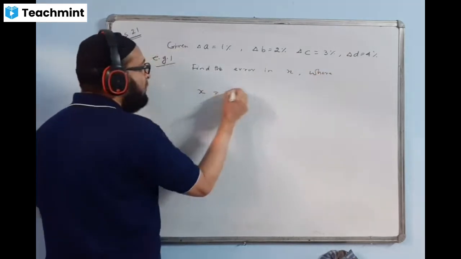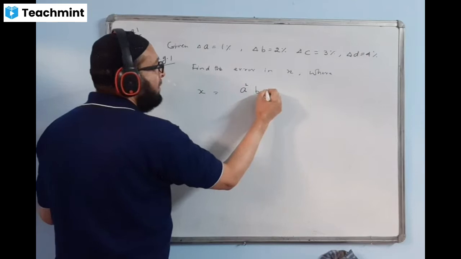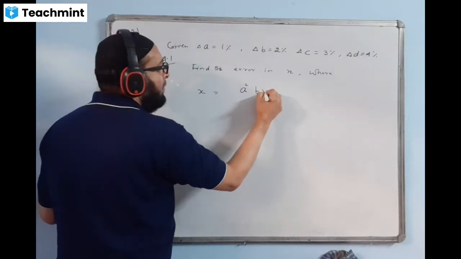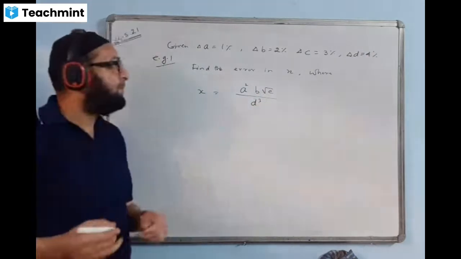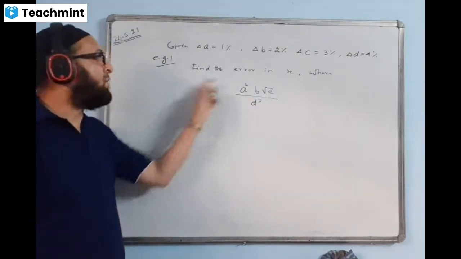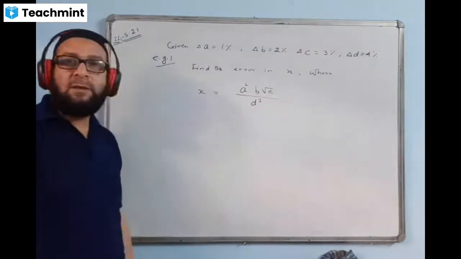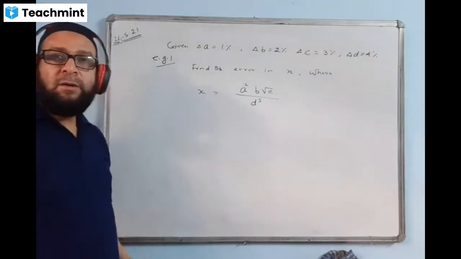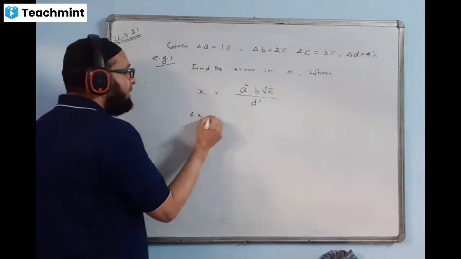where X is equal to, they have given a formula, A square B root C upon D cube, like this. Okay, this is the one equation given like this, and they are asking you to find the error in the value of X. So let us do it. How to find the error in the value of X? That delta X is equal to,